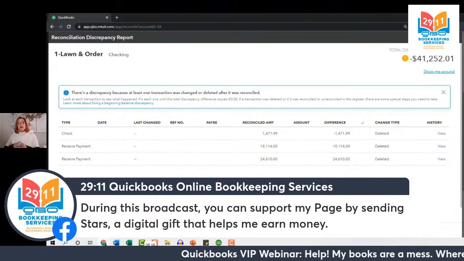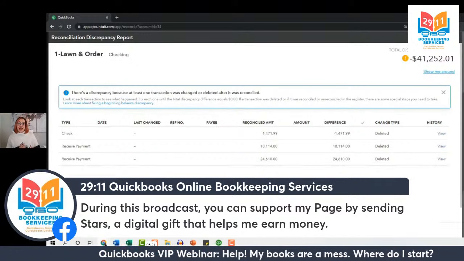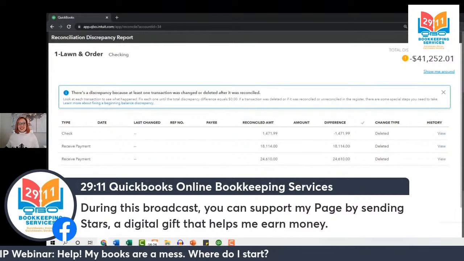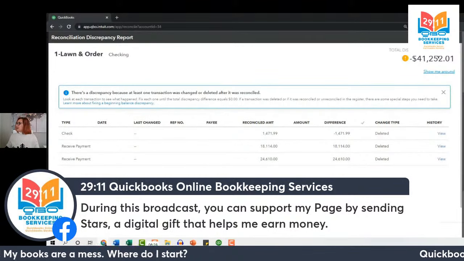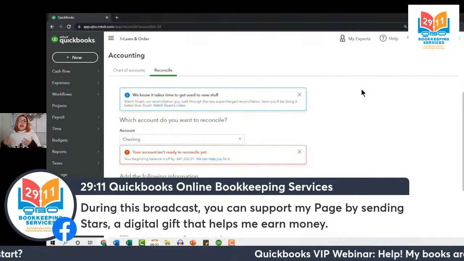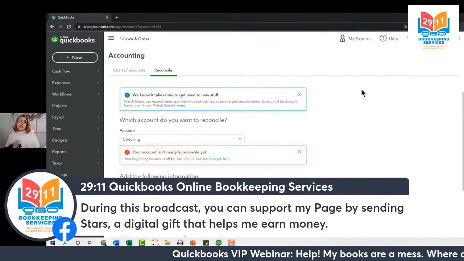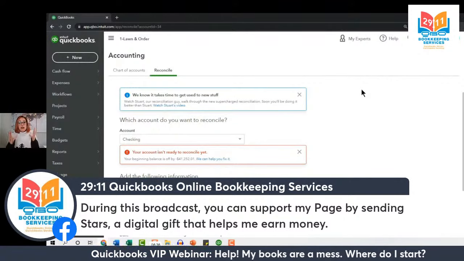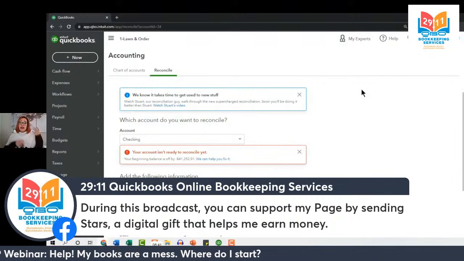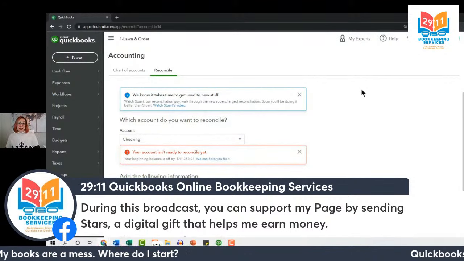So I'm going to make the choice here to fix that so we can move on. And let's take a look at how we can fix it. Whenever you have transactions that were previously reconciled and then were deleted, it is always important to take a look at those source documents so you can make sure that you're proving exactly what happened in the real world and are matching that to QuickBooks at all times.